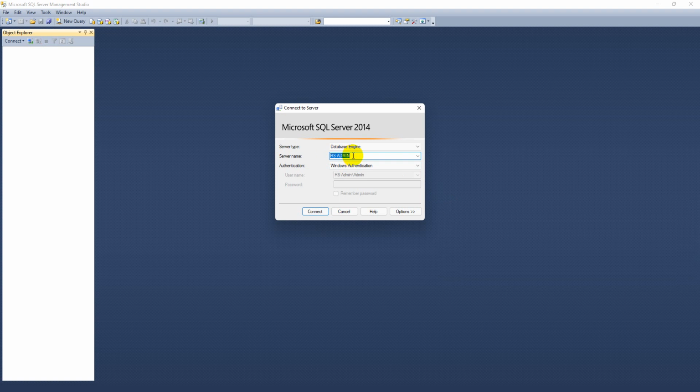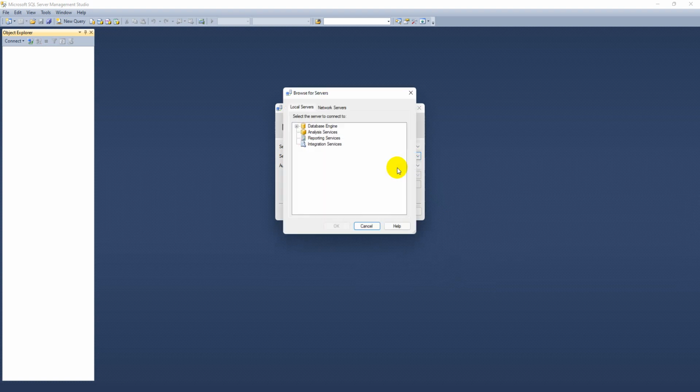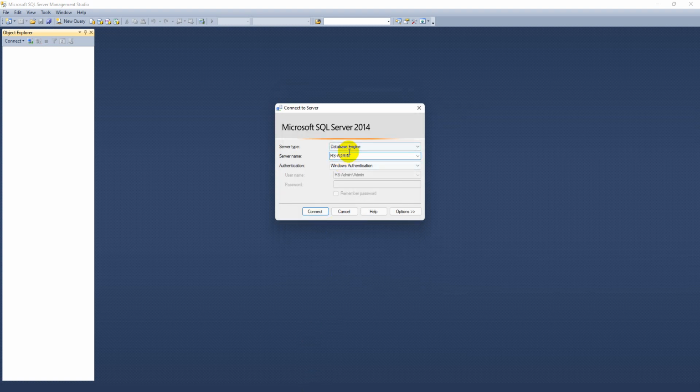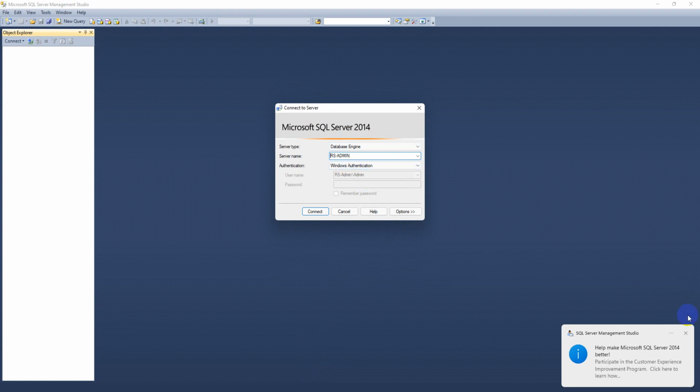If anybody sees it empty, you can click on this arrow mark and there will be a Browse for more option. If you click this, you can see Database Engine, and if you click that, you can see your server name. This is not going to be the same for everyone, because it depends on our installation steps. Some people can have a /Express version or SQL Express. Somehow you find out the server name. If you find any difficulty, do let me know.